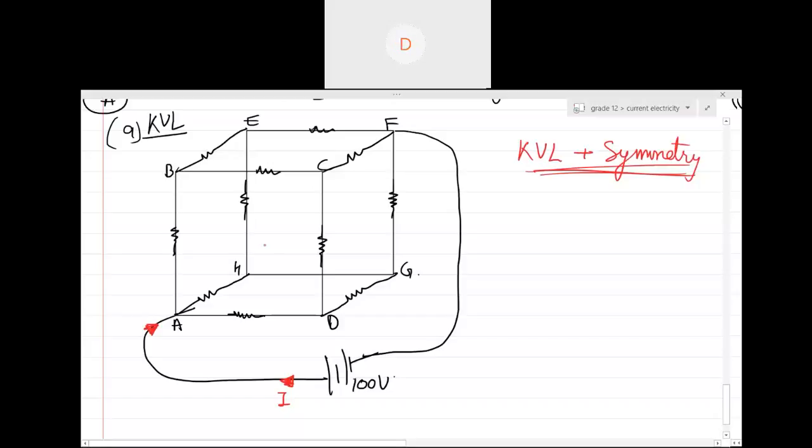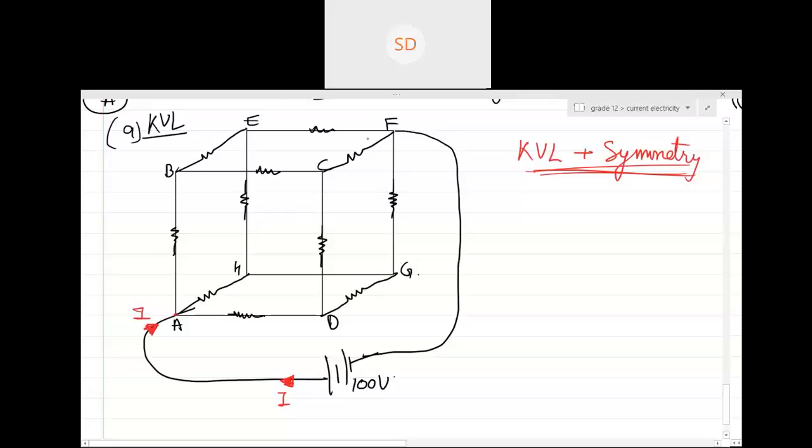Now see this particular thing. When this current reaches over here, I am at point A. Where do I want to go? Because I am the current, I am standing at point A. I want to go to point F, right? What is my nature? Do I prefer more resistance or less resistance? Less resistance. So if possible, I want to go directly to point F, right? But do I have anything which can go directly to point F?